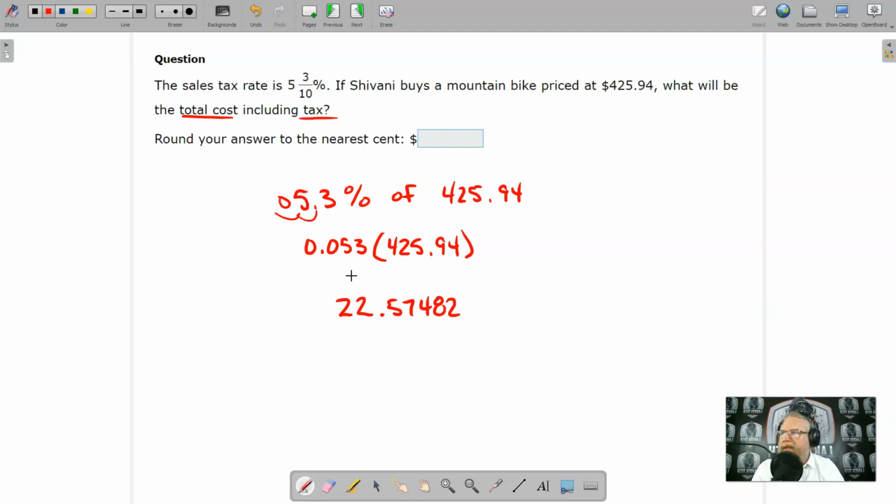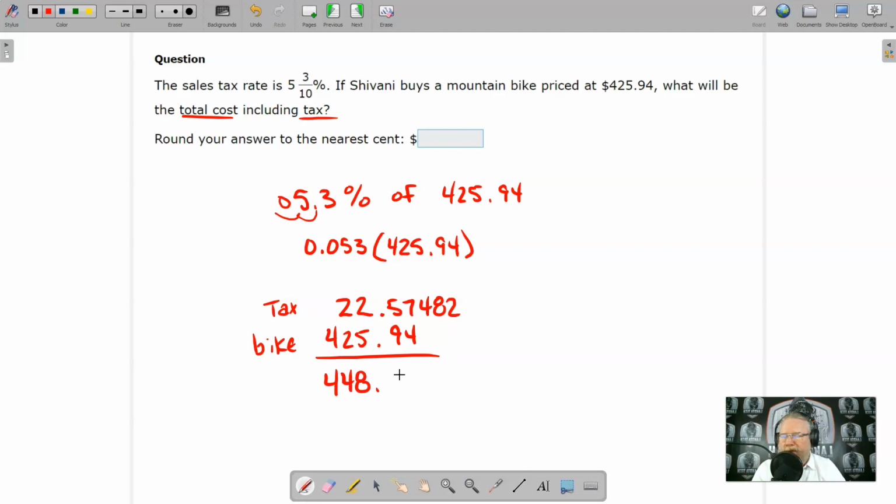$22.57482. So this is the tax right here, but they want to know total cost, so I need to add the cost of the bike in as well. Remember, the bike is $425.94. So if I add that tax back in, let's add to that plus 425.94. This is going to give me a total of $448,